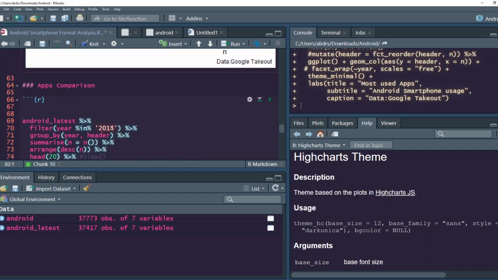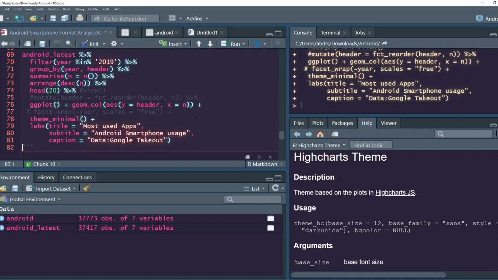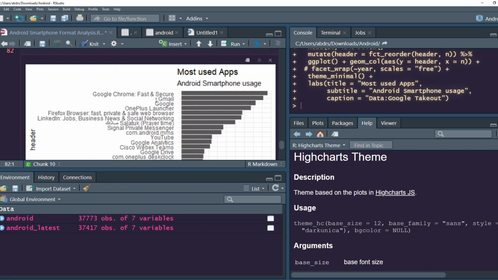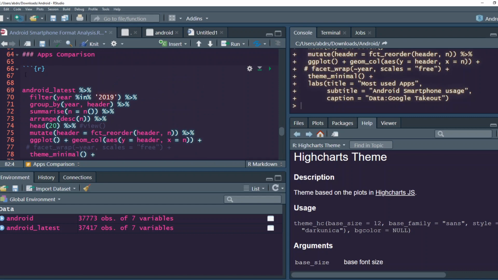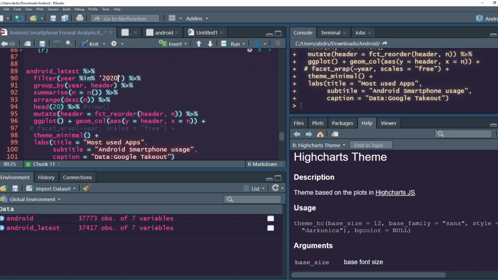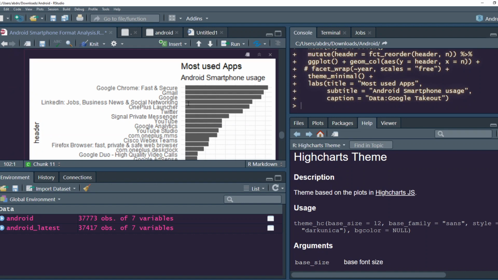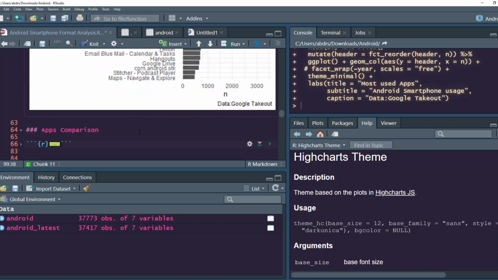Okay, we don't even have 2018, so that's 2019. What do we have? Why don't I just simply, okay, so Chrome is 2018 top, select the top 20. So for 2019, what do we have? 2019, 2020. Yeah, we have the two most used apps. We'll change the title, 2020 and